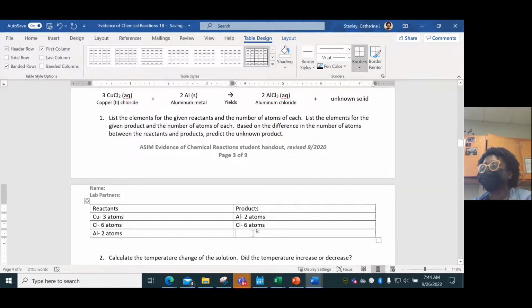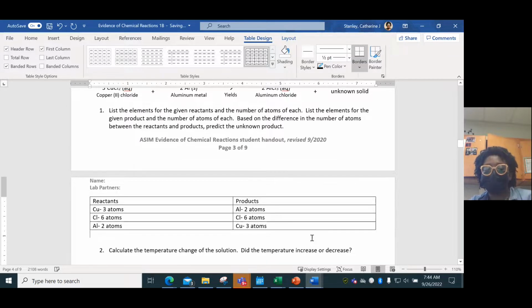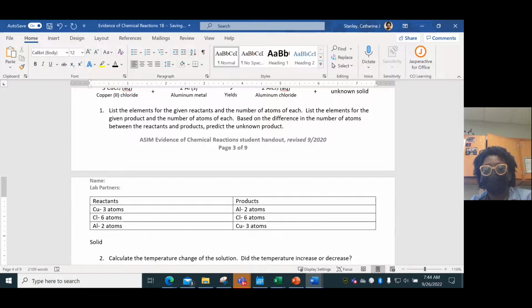So what does that mean my solid is? Copper, not copper 3. It's just going to be 3 atoms of copper, which means it would be Cu. Our solid is copper. If you recall, looking at this lovely substance, there was something red in the beaker. You guys were like, what is that, Miss Stanley? And I was like, just keep living. It's